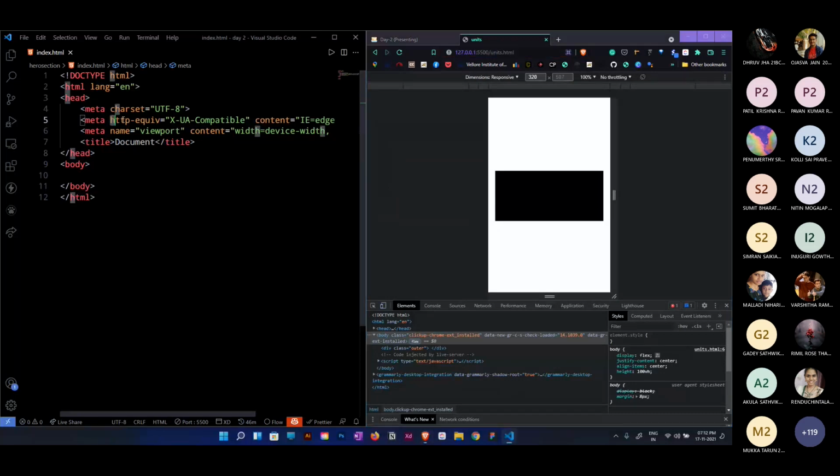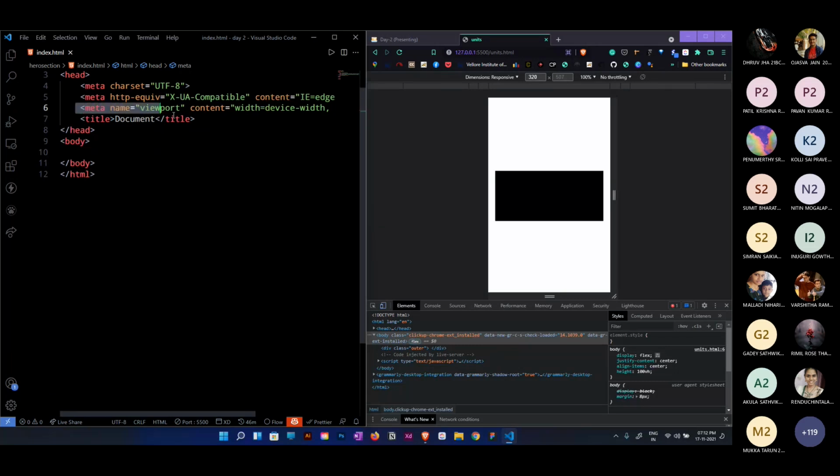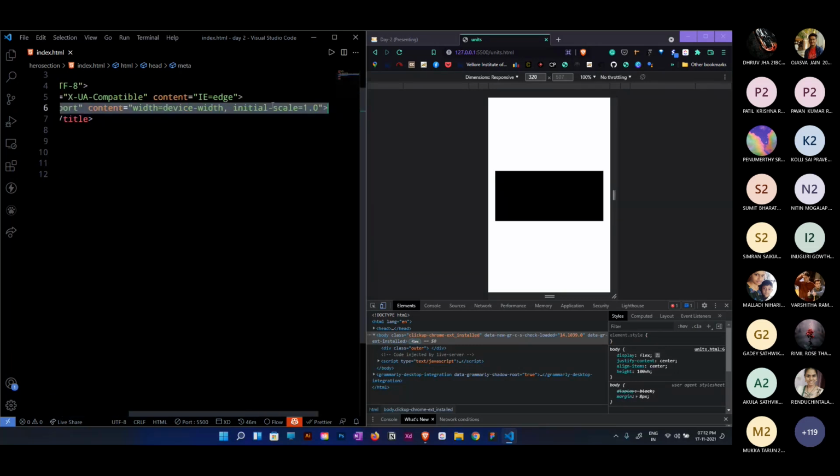And the second tag is more advanced. If I say a word about it, it will not make a lot of change in terms of your design, but it's related to Google ranking and all those things. And the third tag is the most important for your responsiveness.